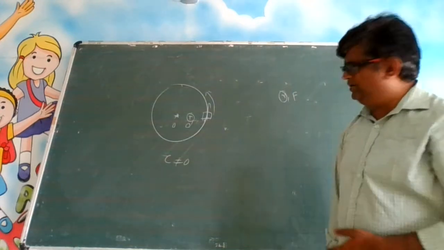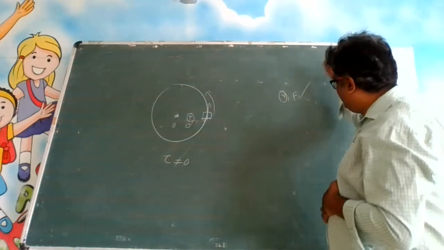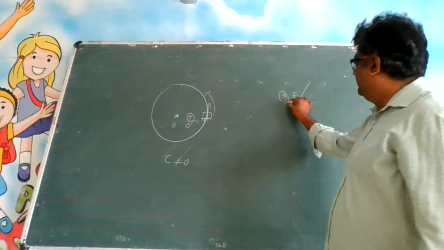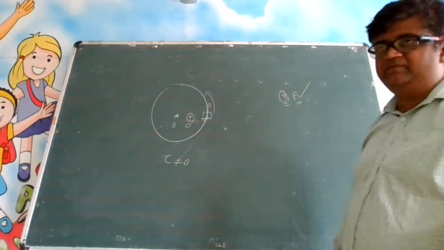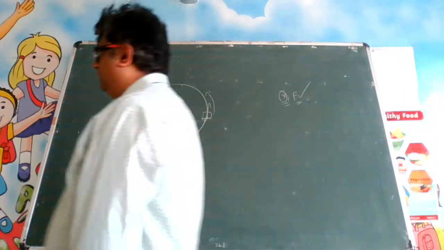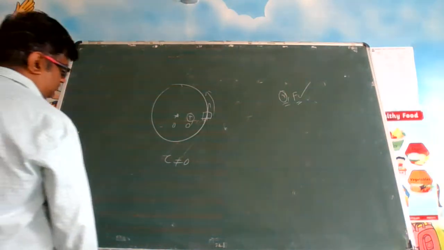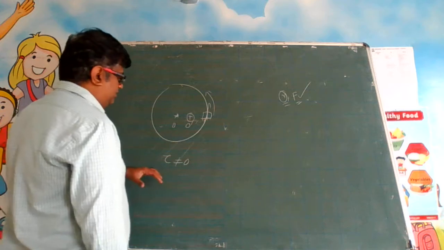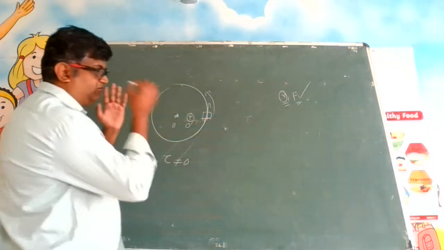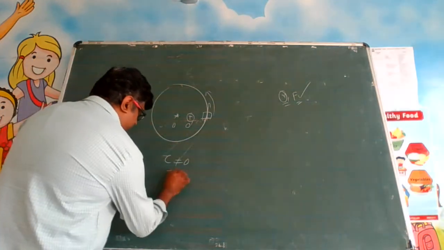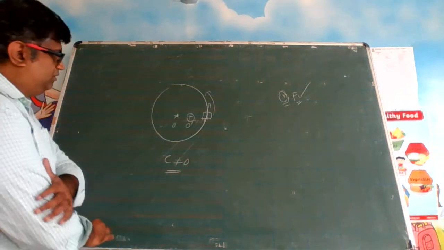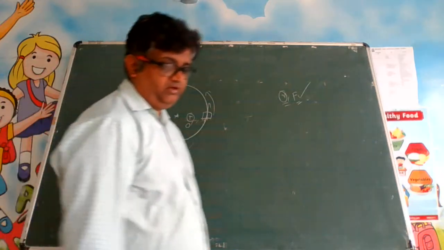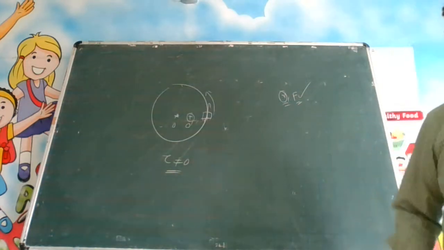If you are changing R, torque value is changing. If you change F, the torque value is changing. The torque value not changing means what? R and F were constant. It happens in circular motion. Now, for an object to rotate about a point, you can take any point. You have to calculate the torque, and you have to check if the torque is not equal to 0, then only it will rotate. Otherwise, it will not. Okay. This point you should be very clear about.